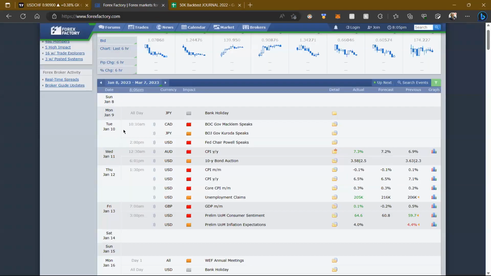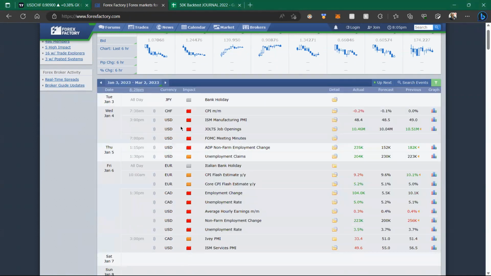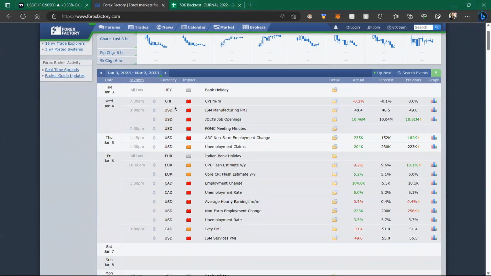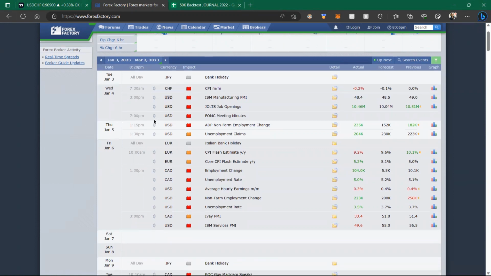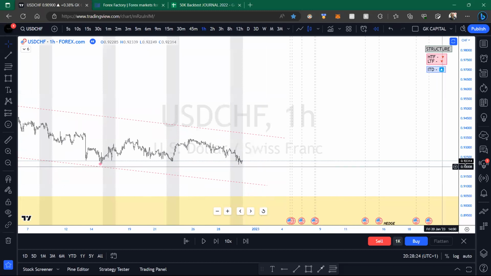And again, coming up into the fundamentals for the first week, if I was to go back here, the market just opened up on a Sunday. I'm assuming the first, second, third is not really much, so it's only going to be the fourth, fifth, sixth. Which I mean, we can go and have a look. Okay, so the fourth we've actually got both CHF and USD news. And that week, so the fifth, we've got some USD news coming up, and then that Friday is actually NFP. So let's see what we've got coming up.